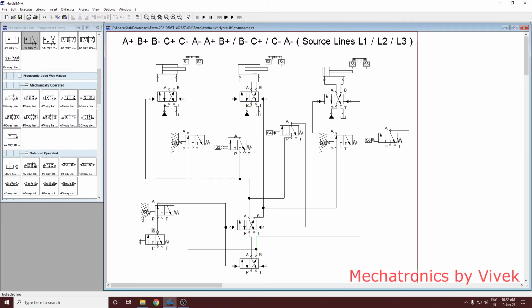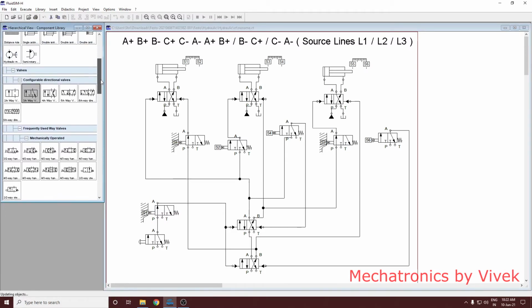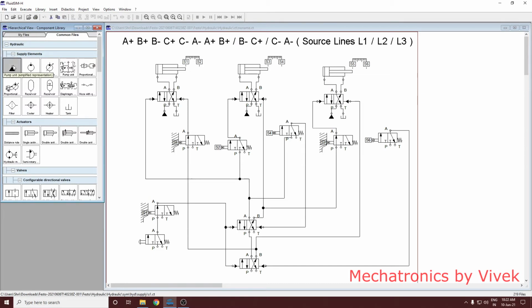Okay, now check if there are any open spaces, and those you have to plug in. I think you will be able to see there are a lot of open spaces, so just try to plug them with the help of pump.